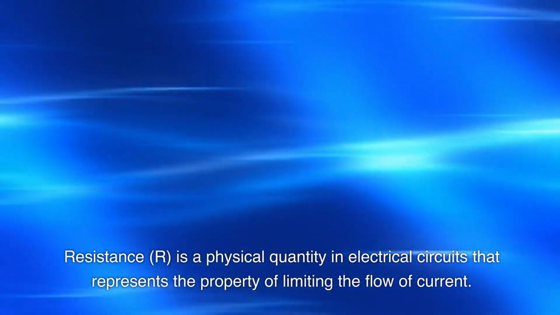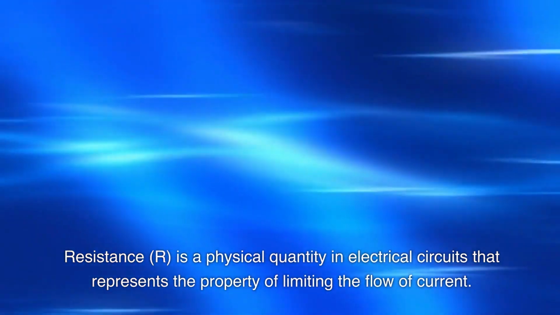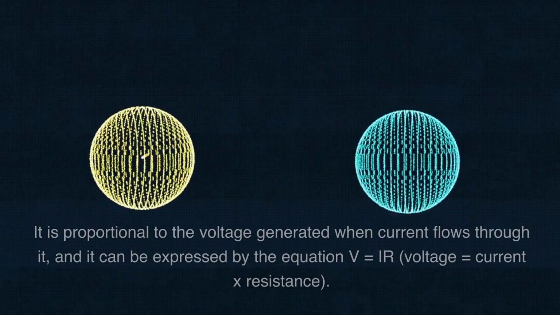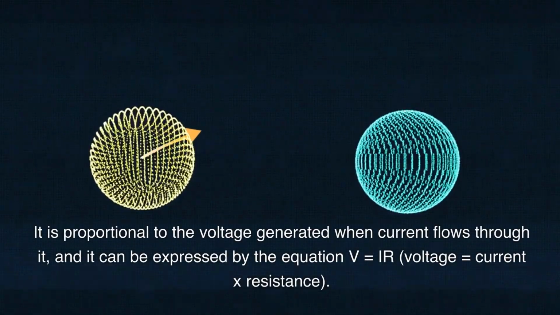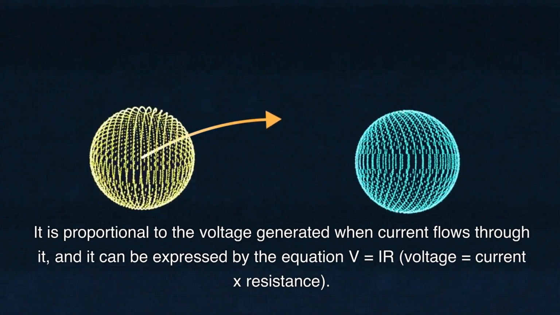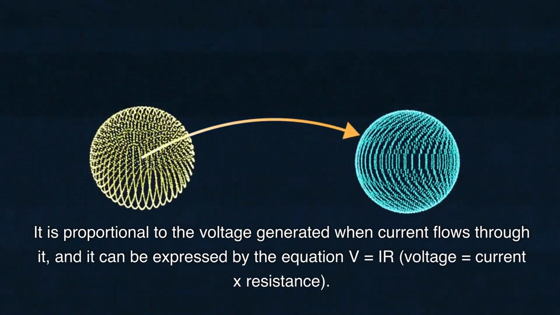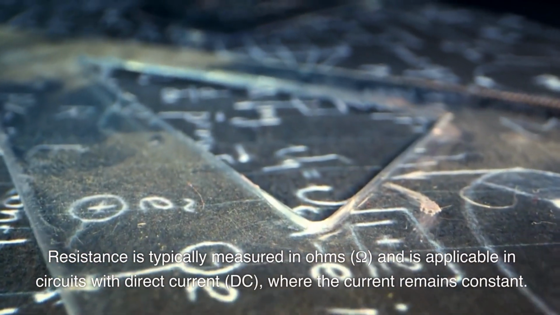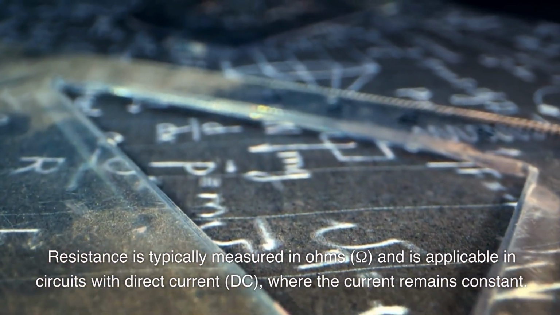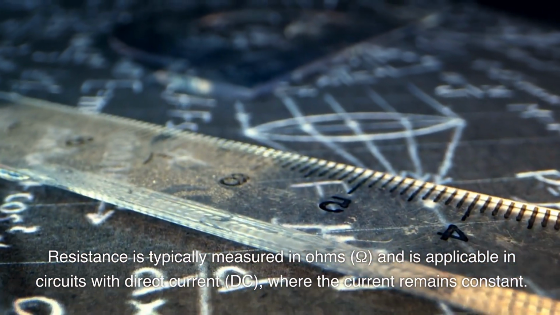Resistance, R, is a physical quantity in electrical circuits that represents the property of limiting the flow of current. It is proportional to the voltage generated when current flows through it, and it can be expressed by the equation V equals IR, voltage equals current times resistance. Resistance is typically measured in ohms, omega, and is applicable in circuits with direct current, DC, where the current remains